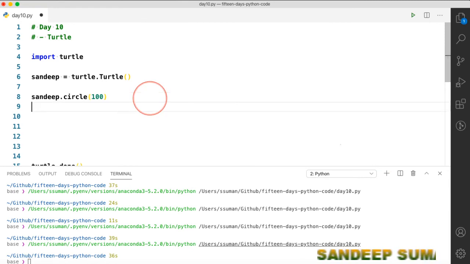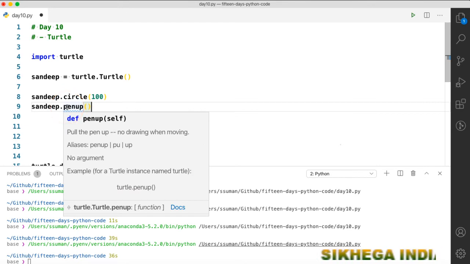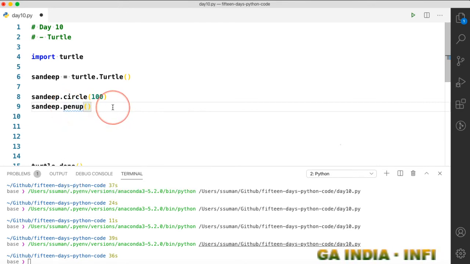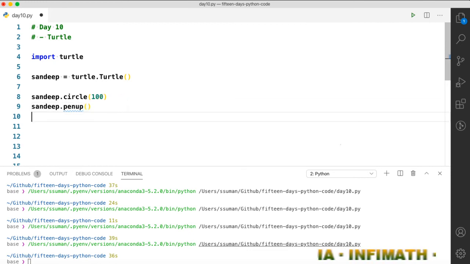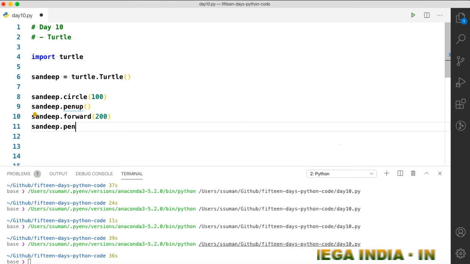So we will pen up, then move forward. Suppose we want to move and then again create, then we will do pen down.